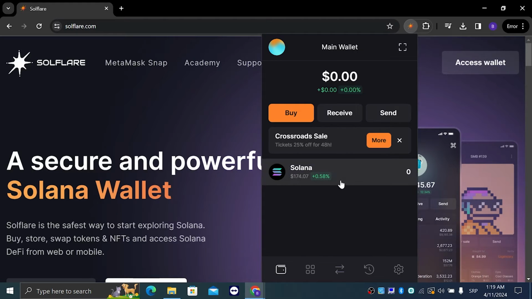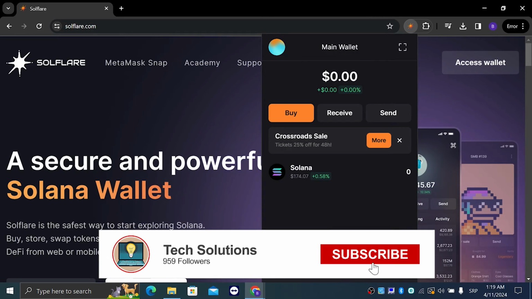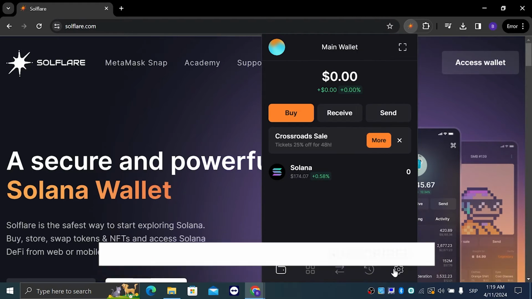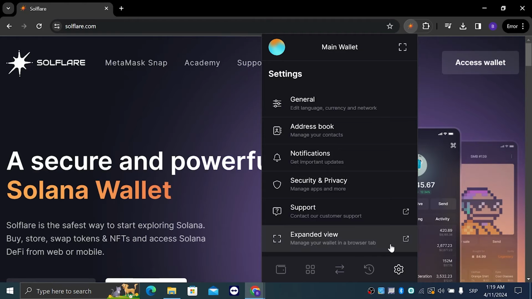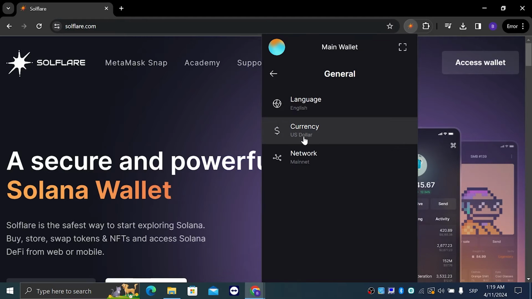And here we are. So the first thing we're gonna do is go to the bottom right corner, which is the gear icon right here, which is the settings icon. We're gonna left click on that, and after that we're gonna go to General, and here you can see the language, currency, and the network, which is the mainnet. You're gonna left click on network,